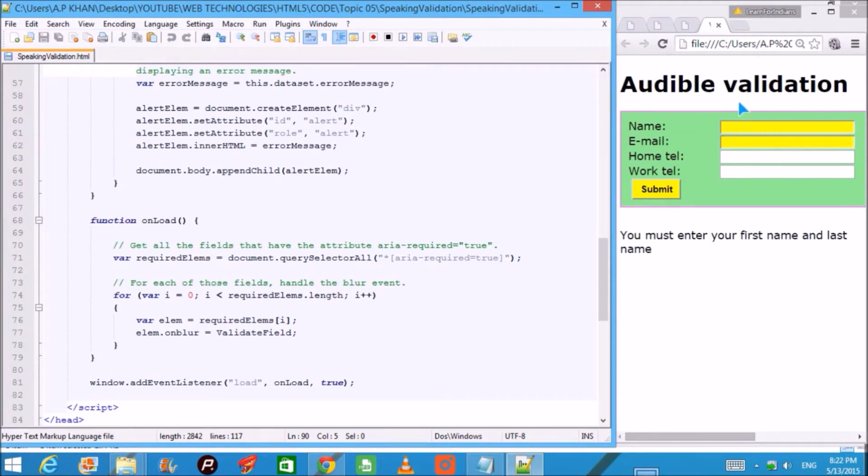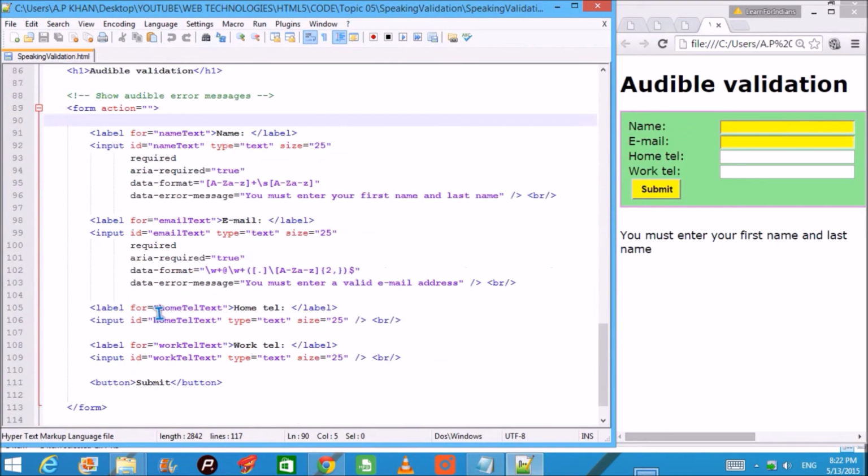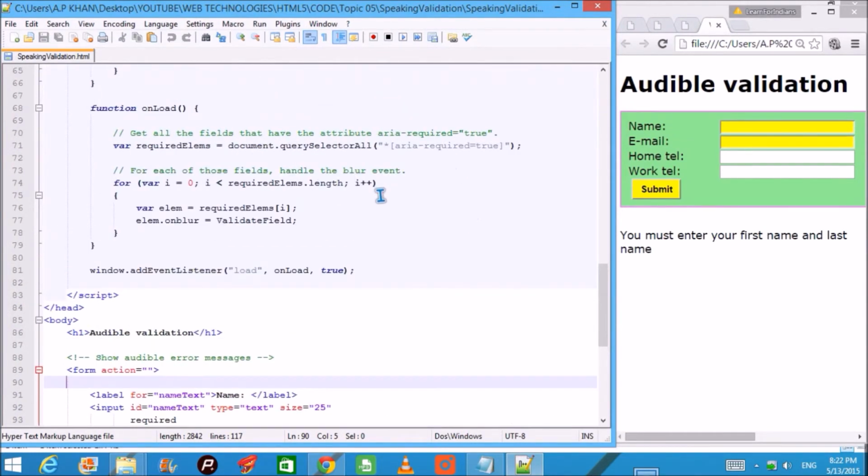When this HTML page loads, the query selector will select all those elements where aria-required is true. These two will be taken here and checked for validateField. For all the elements that the query selector returns, this will be checked, validateField.